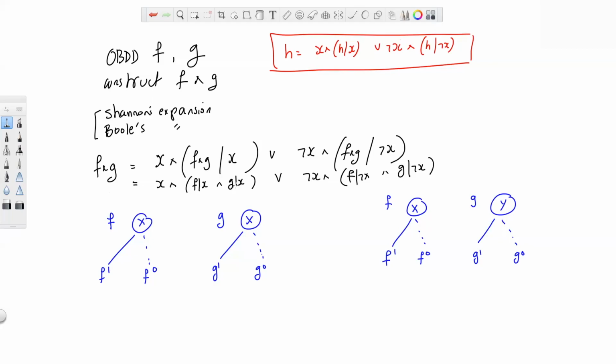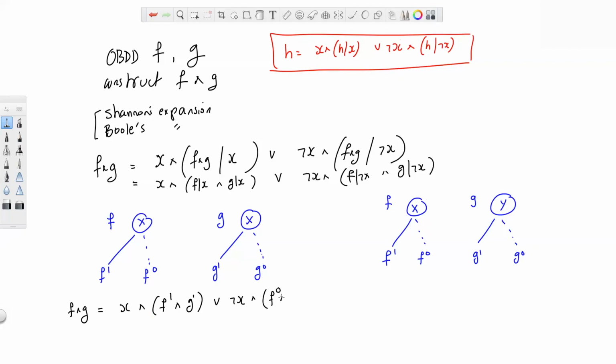And similarly, g restricted on x would be g1. So I can basically now substitute. And in this case, what does this tell me? This tells me that f and g equals x and f1 and g1, or not x and